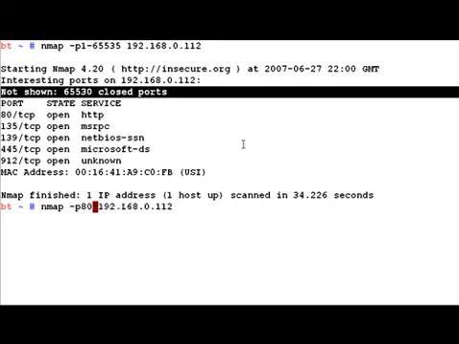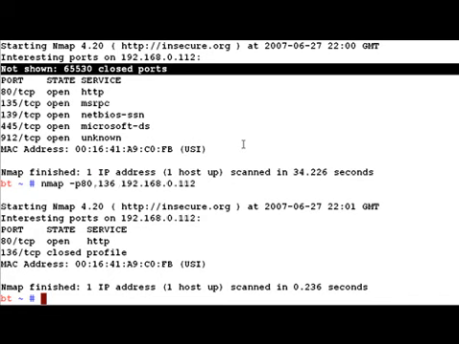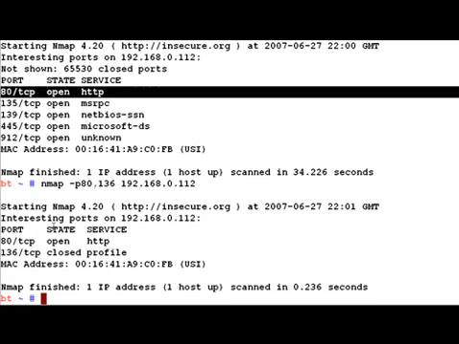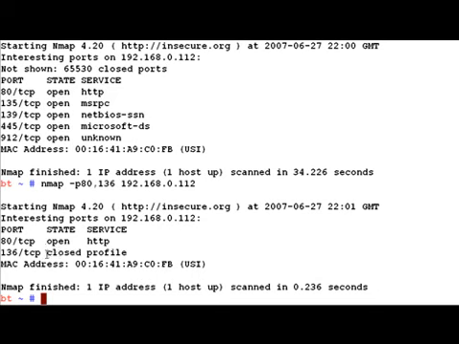For example, we could just mention 80 and then say, maybe 136. So 80 is open, as we've seen in the previous scan, and 136 is closed, as we could also see once again. The point is, by default, Nmap is going to find out if the host computer is up and then enumerate some of the services here.